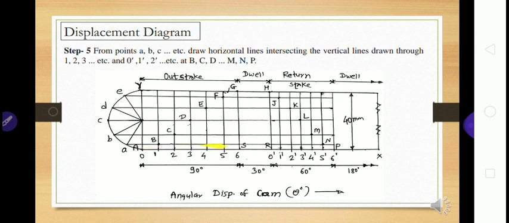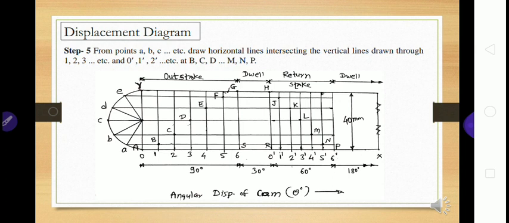Similarly, the horizontal line passing through small a point, at the second last, that is 5 dash vertical line, is cutting at a point, and that point we will give the name N. Similarly, the b horizontal line cuts this 4 dash vertical line at point M. Similarly, the c horizontal line cuts the vertical line passing through 3 dash; give the names L, K, J, H. Like that we have got all the points A, B, C, D, E, F, G, H, J, K, L, M, N wherever the horizontal lines cut these vertical lines.